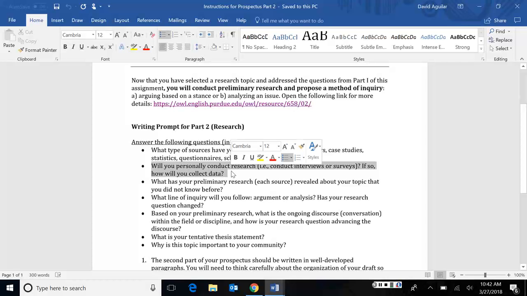This is an optional question, the only optional question here. Will you personally conduct research? And if so, how will you collect data? I suspect that maybe one or two of you might want to do interviews or surveys or polls. It's very difficult and time consuming, but if you'd like some direction on that, I can help you. But I don't recommend it just because it's a lot of work. This is an online class, which means I don't have as much interaction with you as I do with my face-to-face classes. So it might be harder to give you as much guidance as I need to